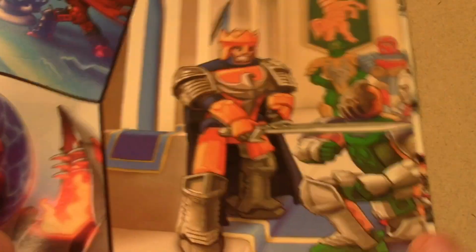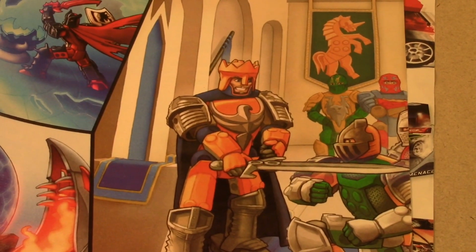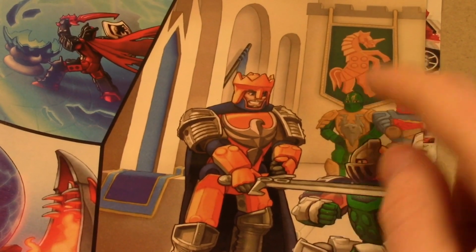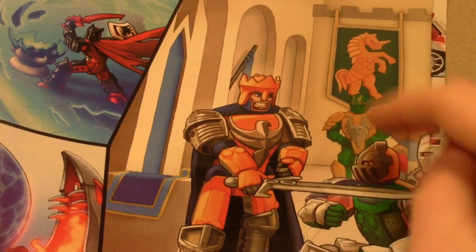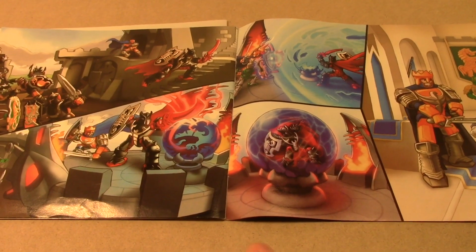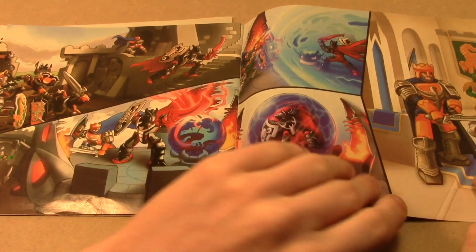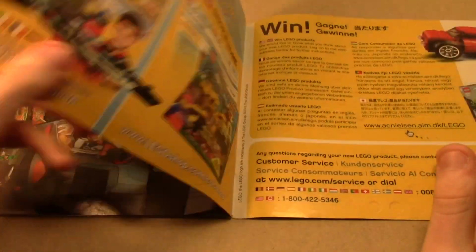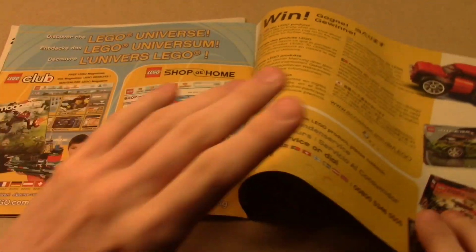And the knights win. It looks like Sir Kentis is knighted, and you see the other 2 knights from previous years, and that's Sir Kentis' unicorn symbol, horse symbol. But this is really cool. This is a nice addition that they wouldn't usually have in LEGO sets nowadays. But that's a really awesome comic, really awesome art. And I believe they had that for the previous years, and then the rest is just your kind of normal